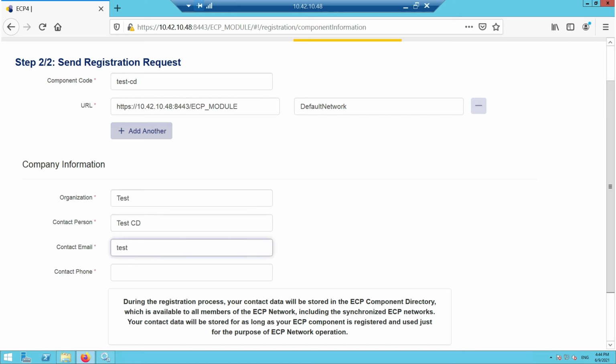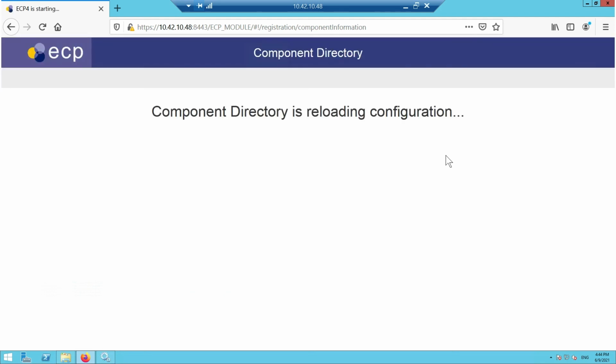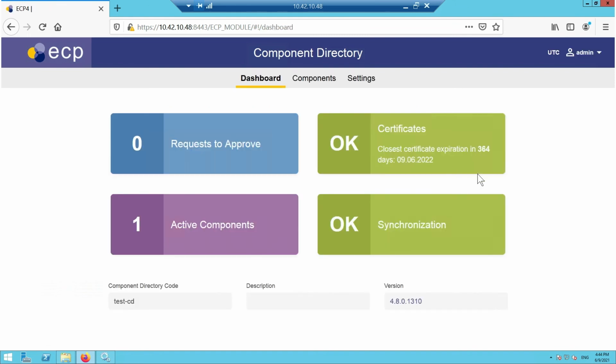The GDPR disclaimer needs to be checked and then it's possible to submit the request for registration. The component directory will reload its configuration and it will be fully operable afterwards. As we can see, the installation and registration have been successful and it's possible to display the main dashboard with